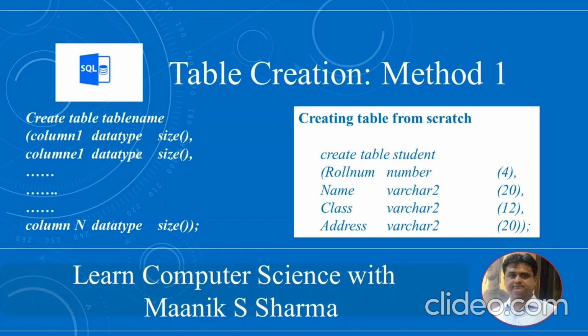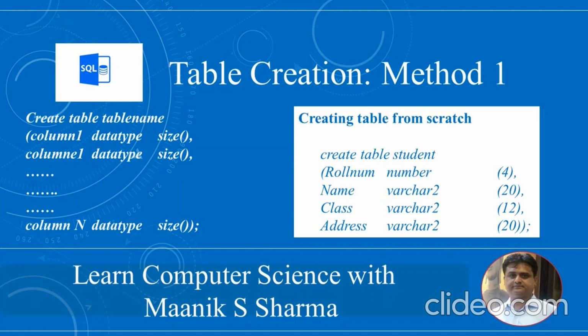In this session, we are focusing on two data types only, that is NUMBER and VARCHAR. At a core level, the NUMBER data type is used for numeric columns like age, salary, roll number, registration number, etc. And VARCHAR is used to store alphanumeric data. Each line should be separated with a comma and the complete statement needs to be terminated with a semicolon. Let's take an example of a student table.